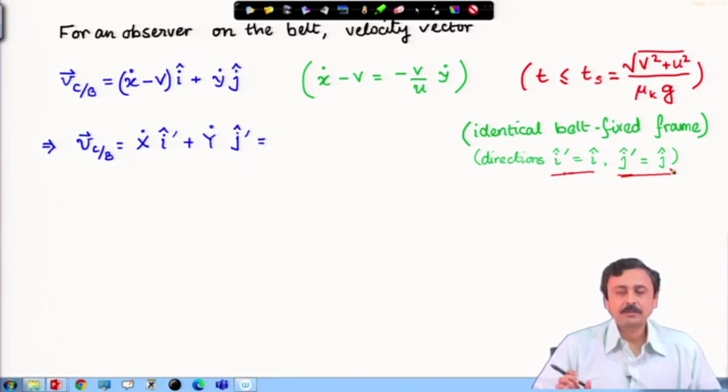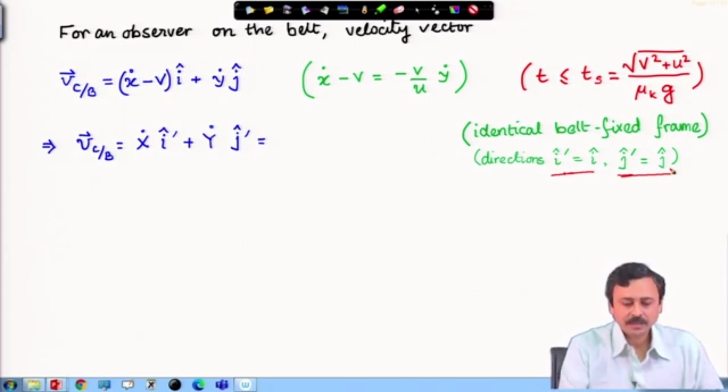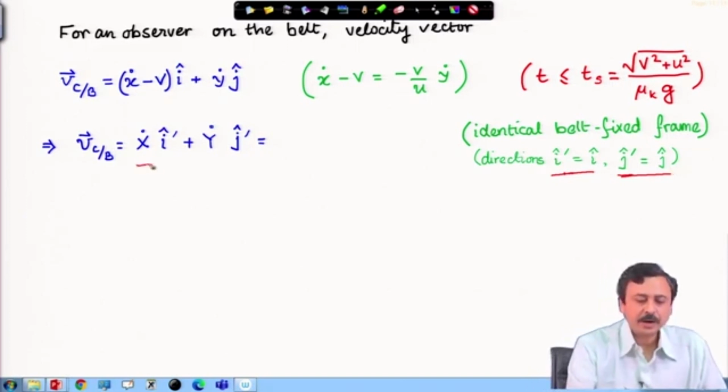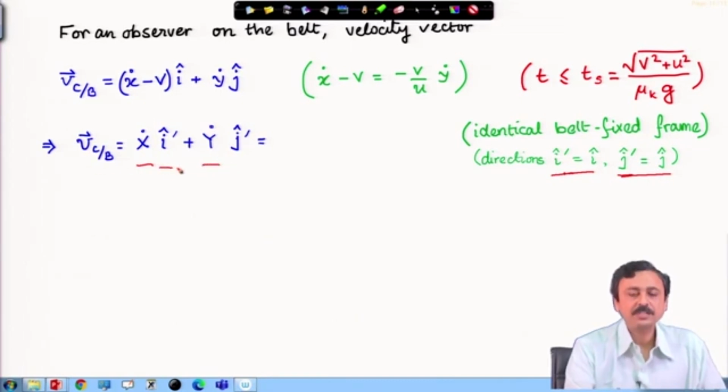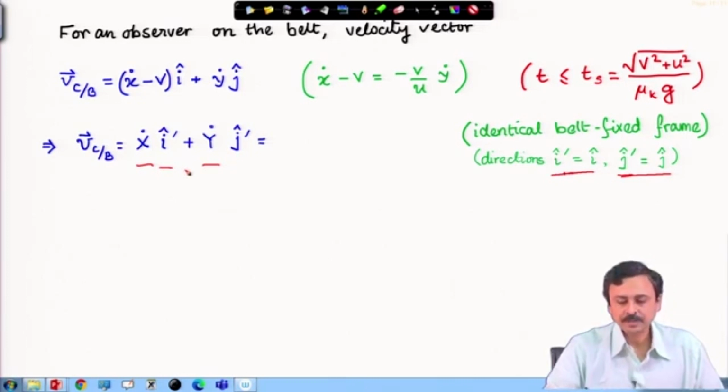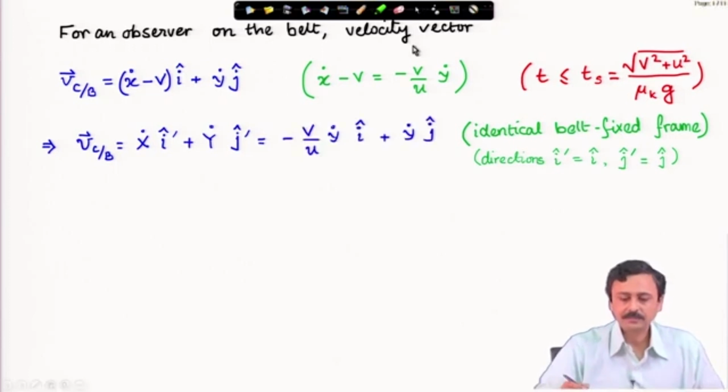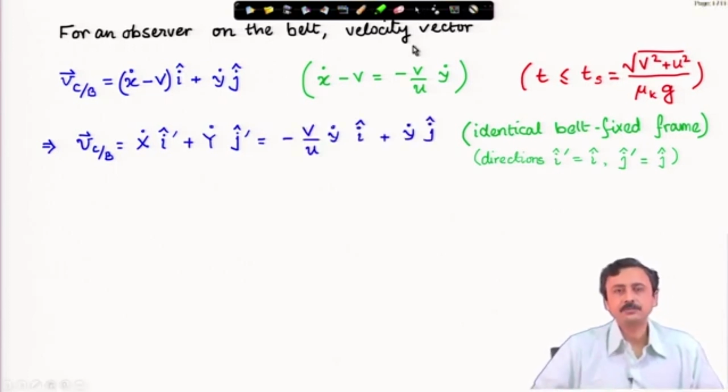Therefore, the x y coordinates for the observer on the belt are co-directed with x y of the observer on the platform, and therefore, the coordinates of the particle, which are capital X and capital Y for the belt observer, can be represented. So, velocity can be represented like this, and this relative velocity is the same as this relative velocity which we have found out,